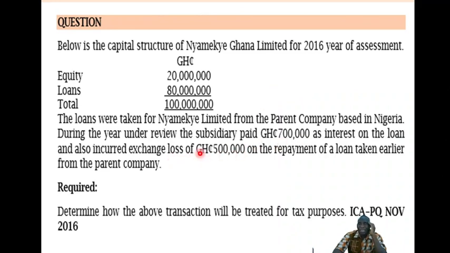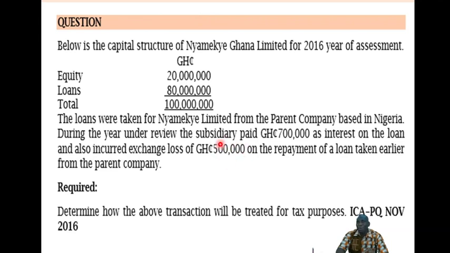Look at this. They said the company also incurred an exchange loss of 500,000 on the repayment. Repayment means that the loan has been paid now, and once the loan has been paid, the foreign exchange loss has been realized. Please be very careful. Unrealized exchange losses are not allowed. I have to wait until it is realized. So the questions, they don't say things casually. If you don't understand it, the words there all have their meaning. So it means that it's a foreign exchange loss realized.